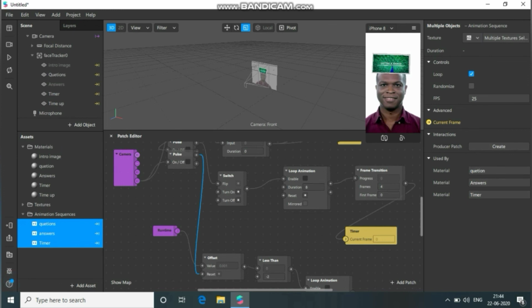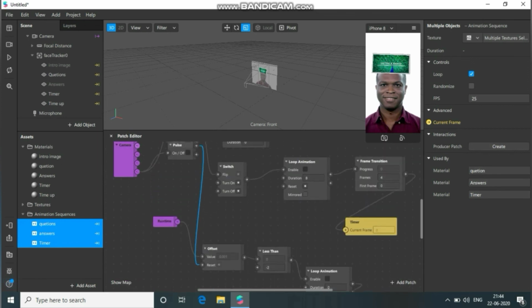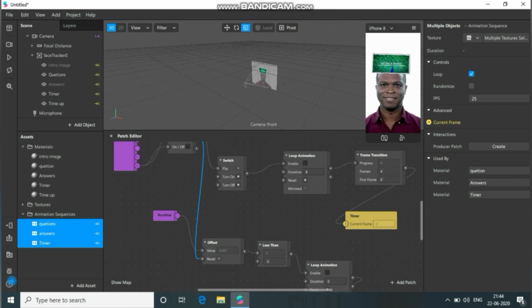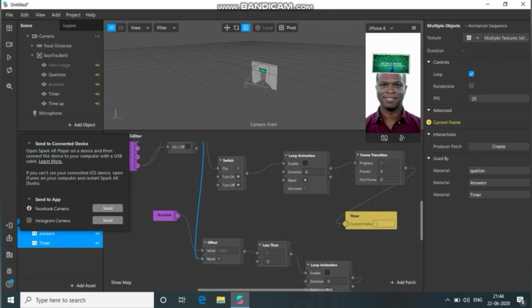To test whether it's working or not, from here you will have an option called test on device. Here we'll have an option called send to app. From here we can send it to Facebook camera or Instagram camera.